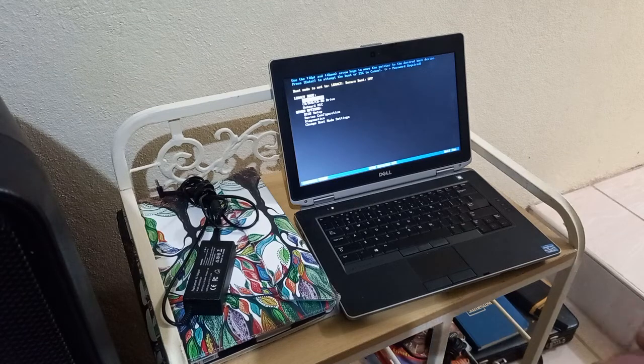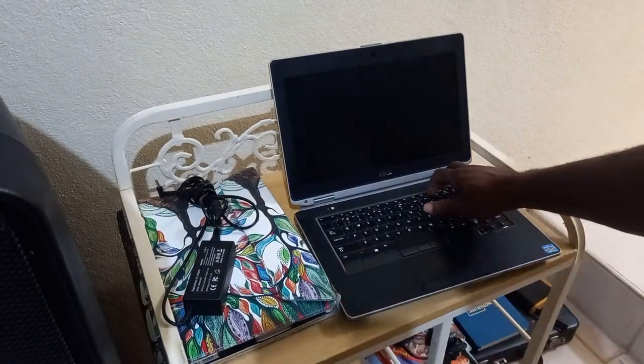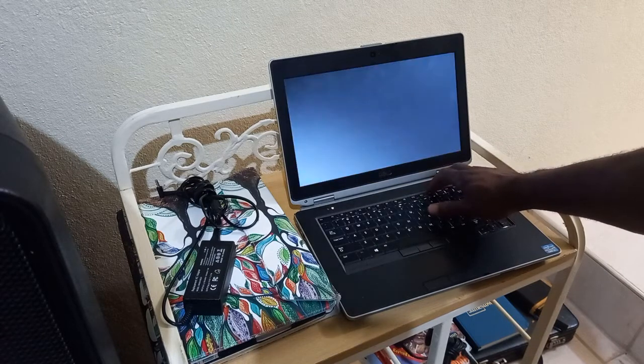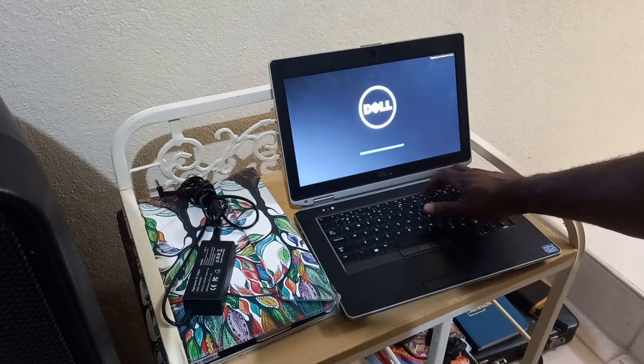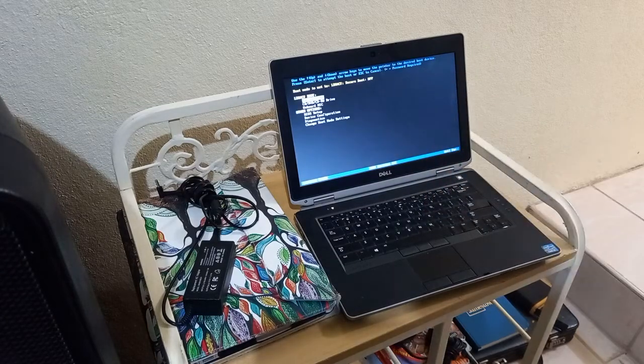Now you need to power off your laptop. Once it is powered off, then I'm going to attempt to power it on. Once you have pressed the power button, then you just continuously press down on the F12 key on the keyboard to get to this boot menu screen. Right, so it was powered off, so it is now powering back up. So just continue pressing down on the F12 key and it will take you to this screen, which is called